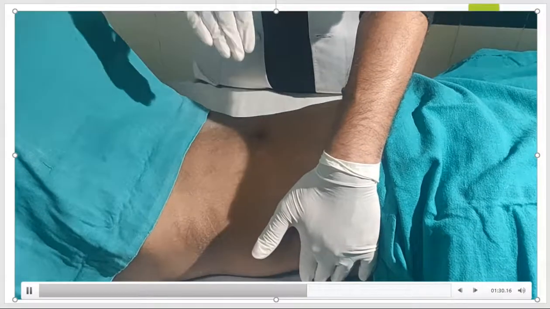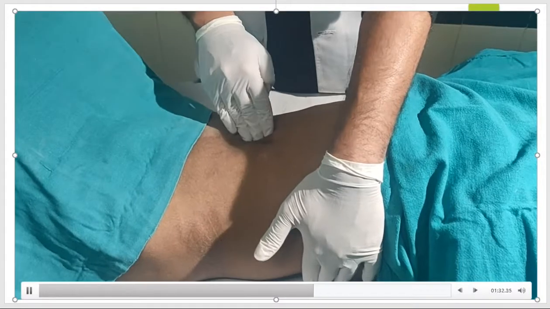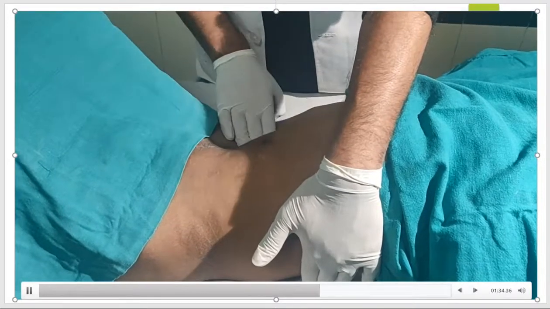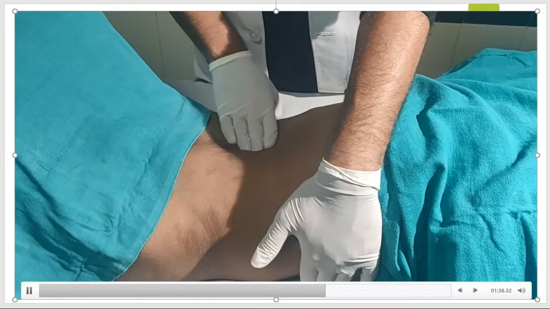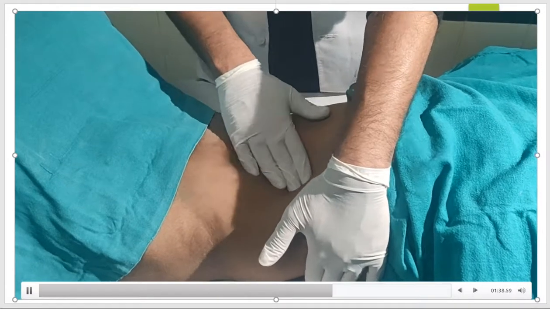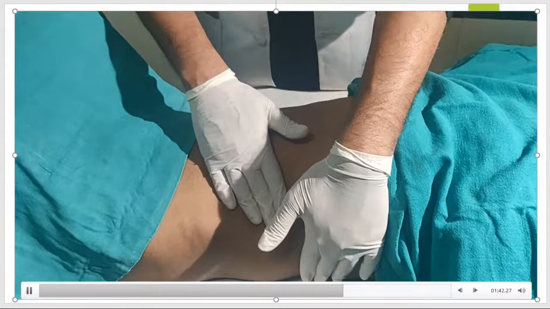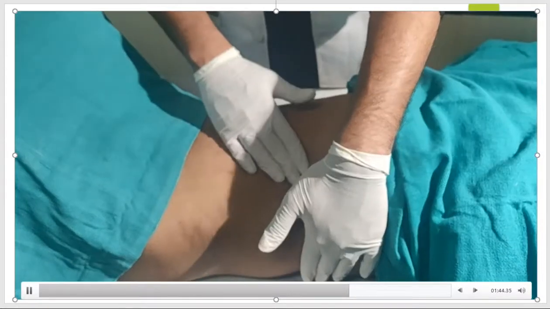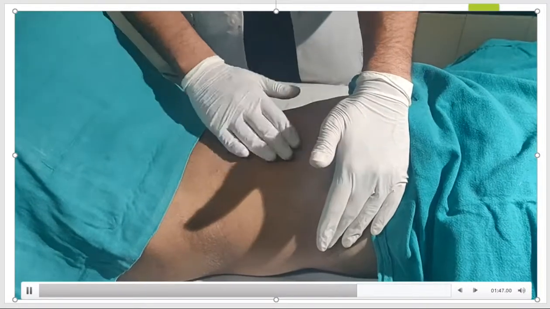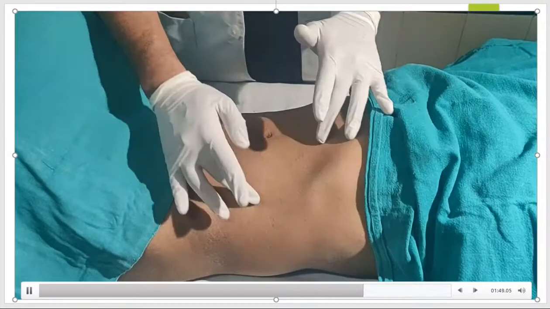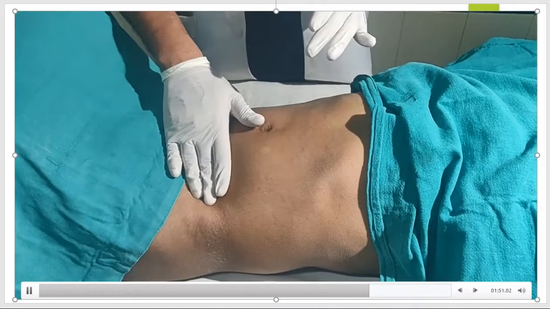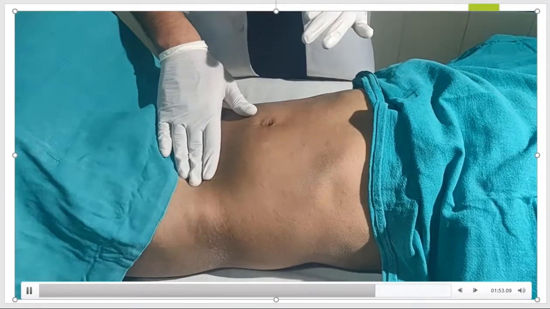It is not insinuation or pointing the fingers inside. It is a palpation just so that we can feel a firm mass. If I am not able to feel it in this method, because the spleen enlarges on this side, sometimes I am able to feel it from the left iliac fossa as well.